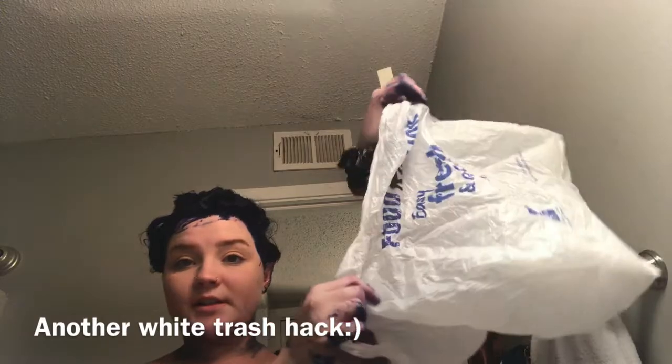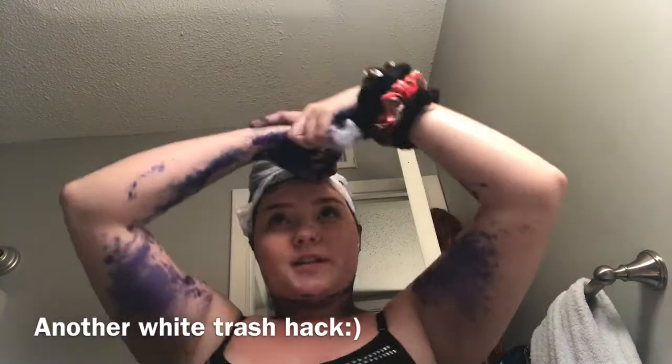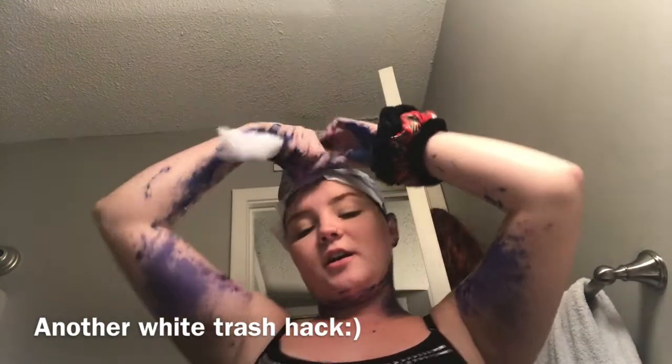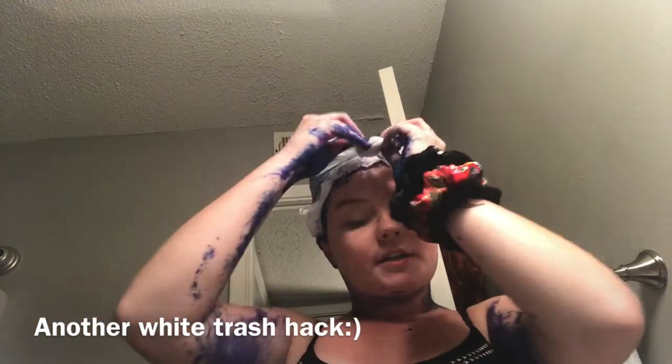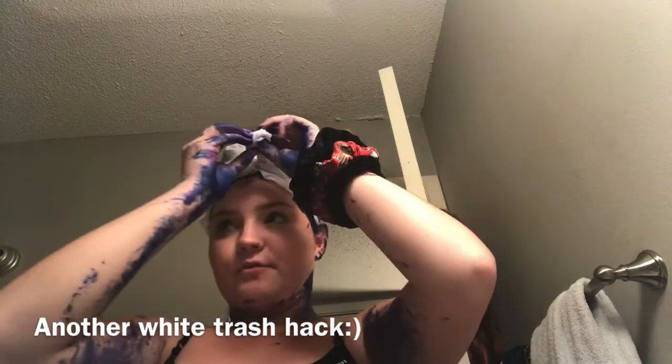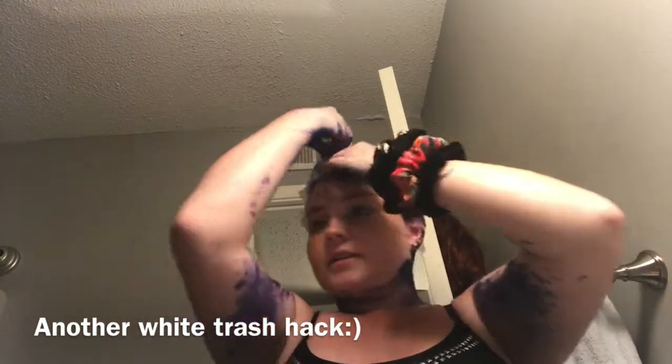So I figured this is the closest I'll find to a clear plastic bag. It's important that it's clear because if it has like a red or other colors on it and your hair is being bleached or anything, the colors can seep through and dye a Food Lion logo on your head. Okay, I'm not tying it. Just gonna...